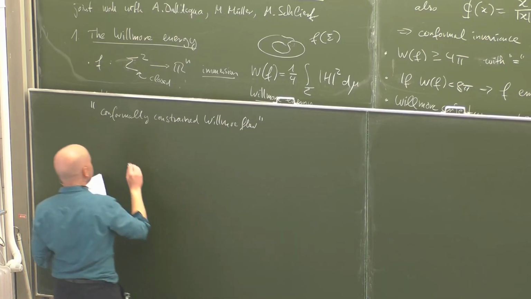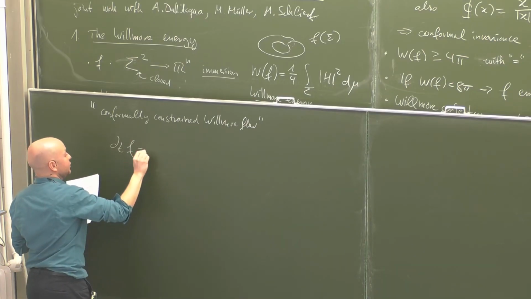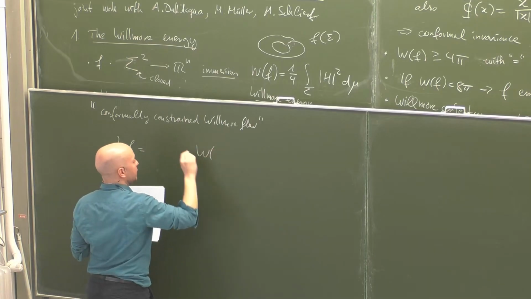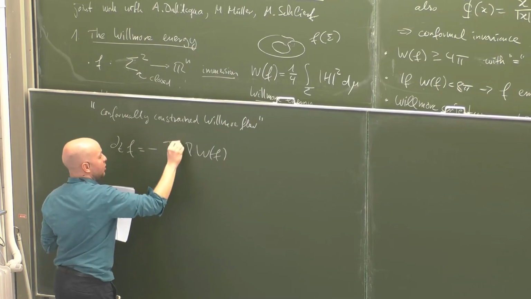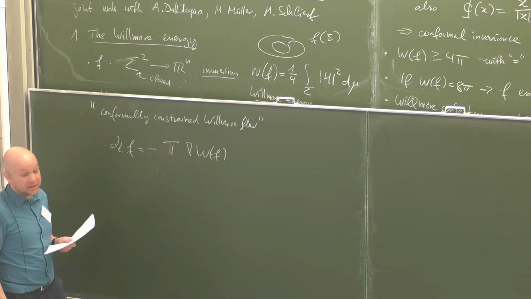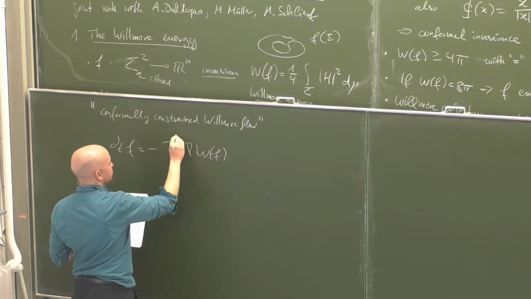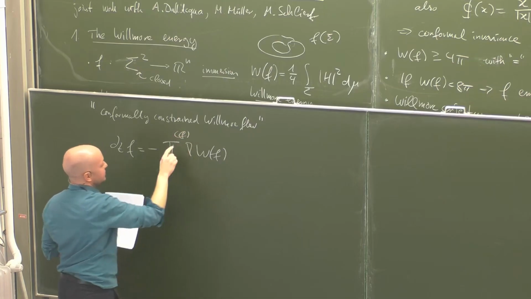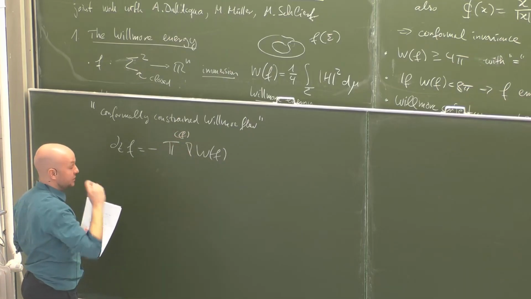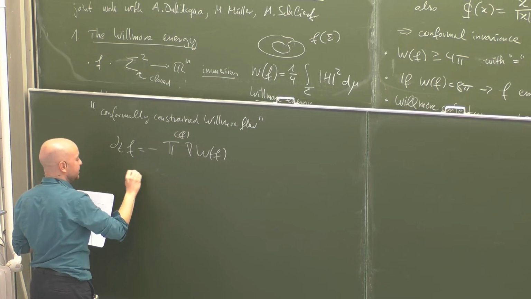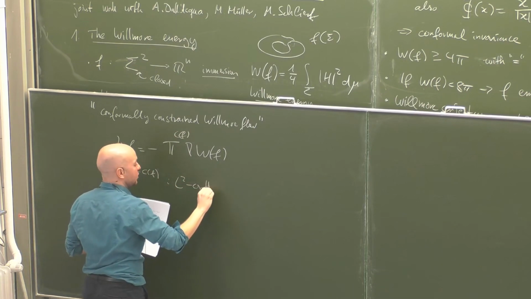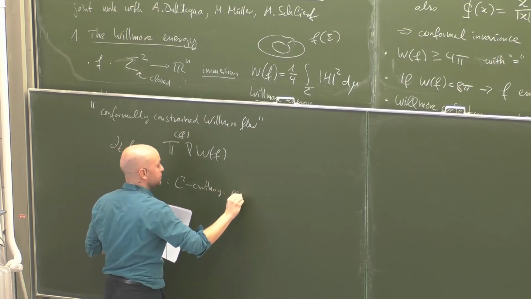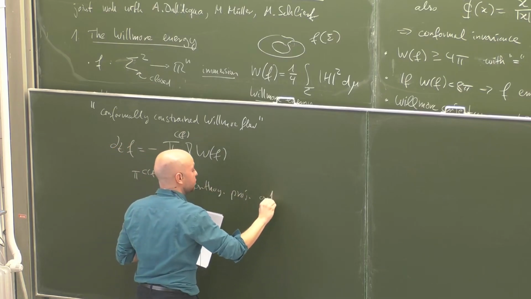So what we would do, okay, we would take the usual Willmore gradient, and we would like to project this onto a suitable space. I write this P to the C of f now, and okay, this is an L2 orthogonal projection